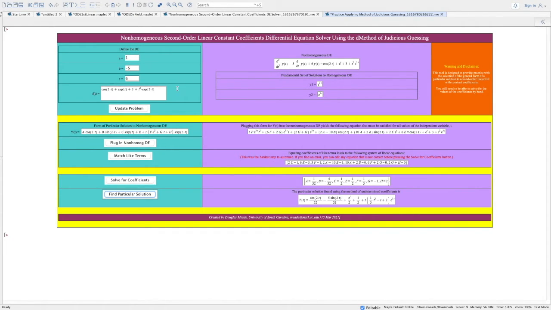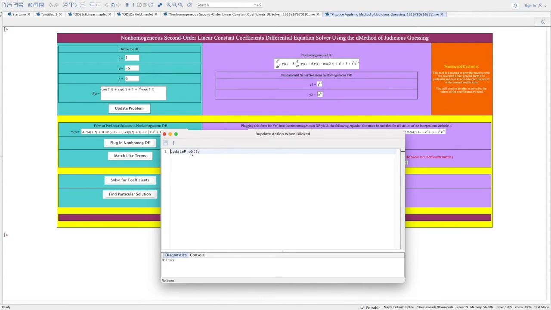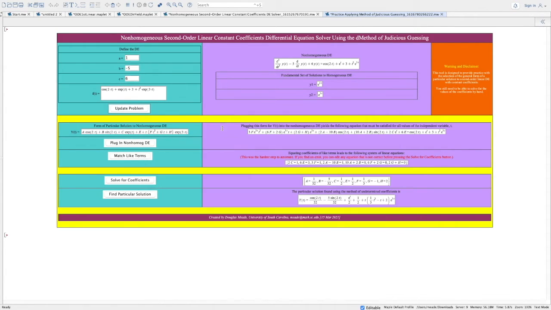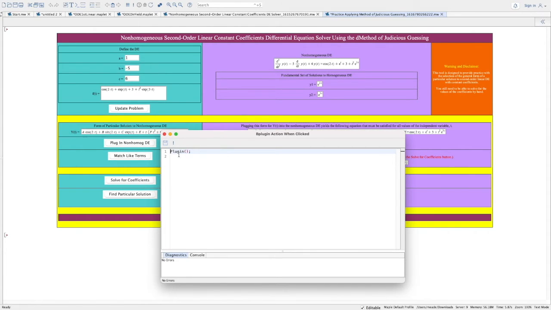The coding of this is very similar. These are all text regions. This update button calls the update problem procedure, so that's just going to update the information up here. These other buttons down here are going to have other procedures that they call: plug in,